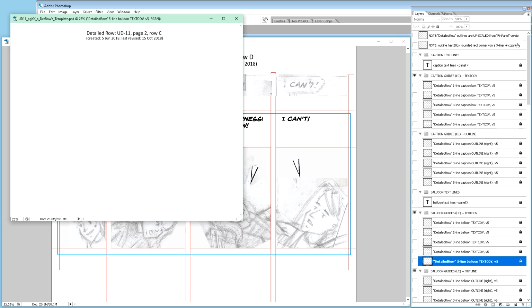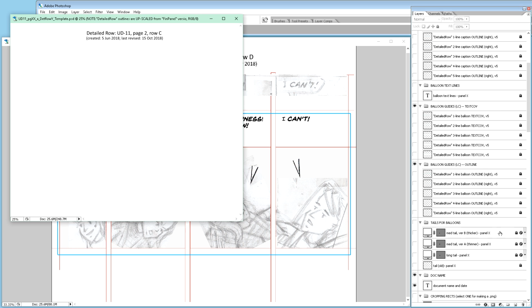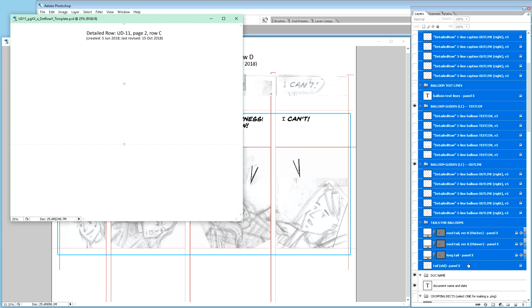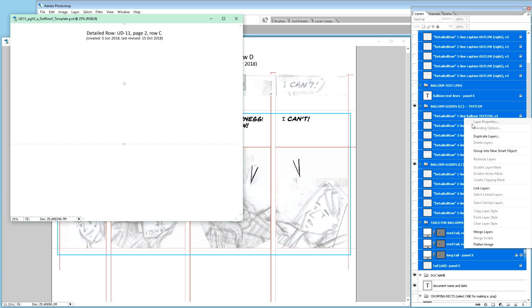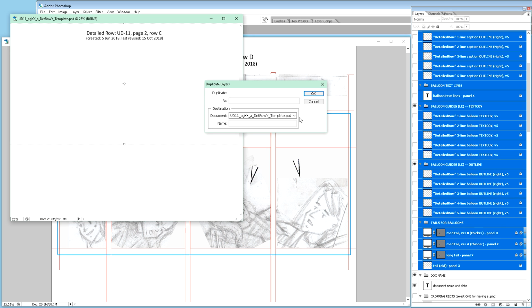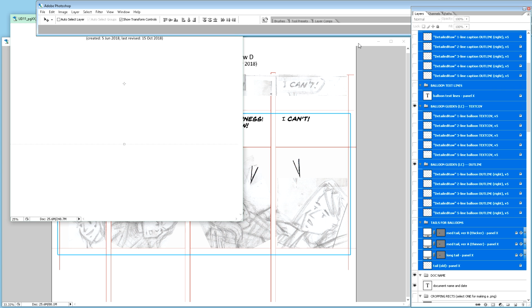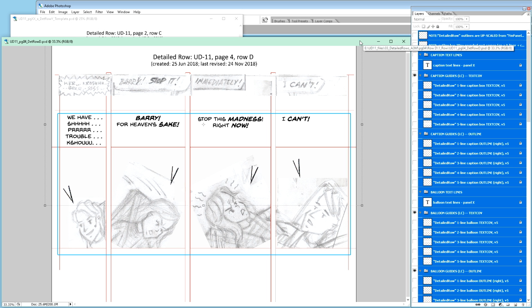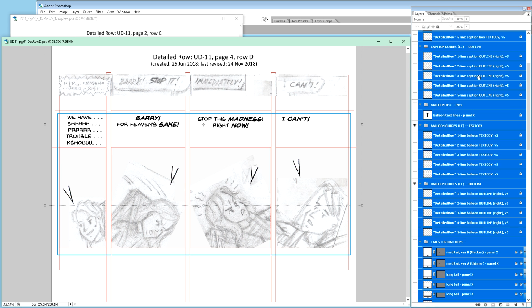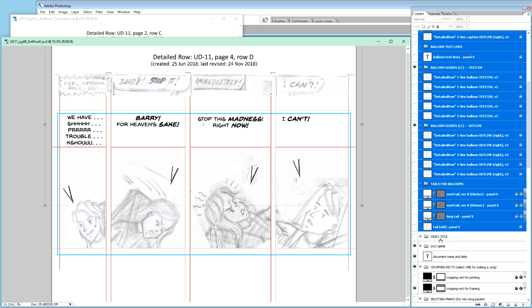And what I want is to copy all of these down here, by right clicking on the mouse and choosing duplicate layers and then exporting to our row 4D here. Okay, then when I go back to the row D here, all these are pasted above that which was previously